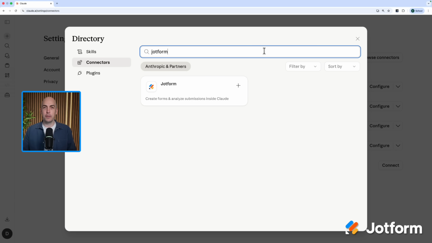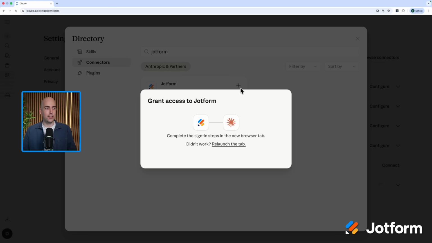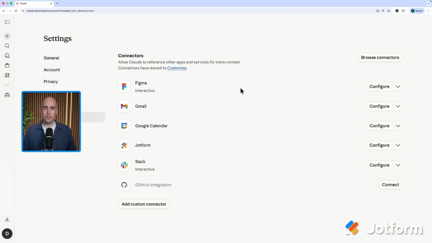In this case, I'm looking for Jotform. That's going to be the first one we cover. And I click this plus button on the box here. When I do that, I need to make sure I authenticate with that tool. So you might have to log in with your Jotform or other account, and then you'll see it added on